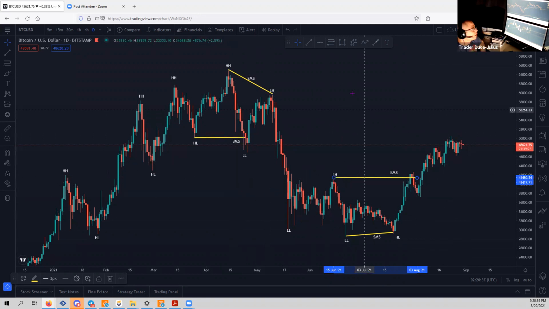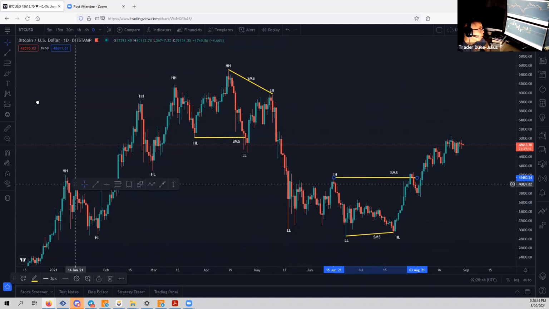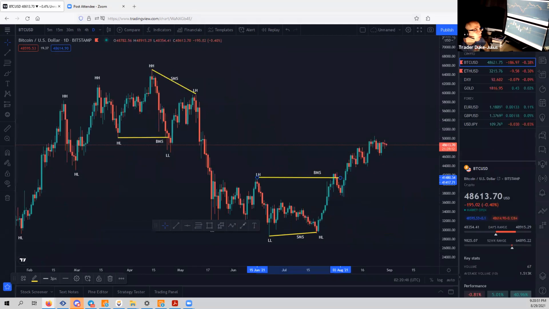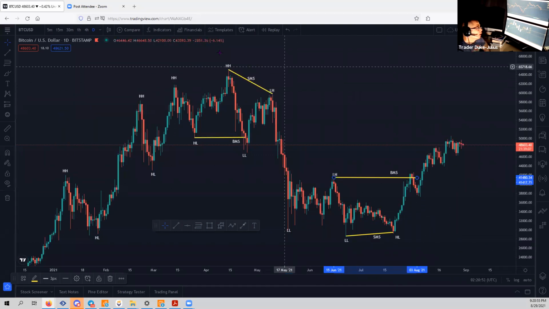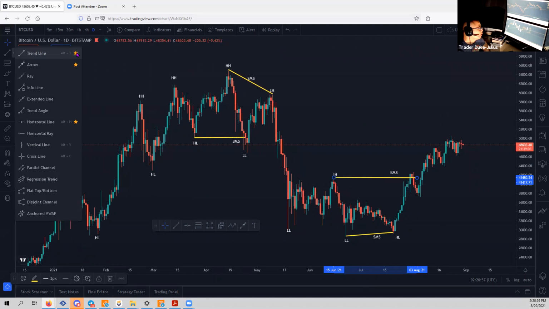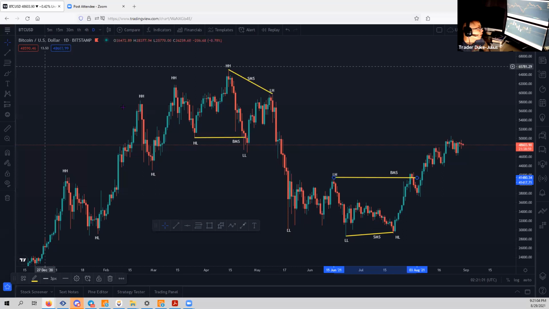So that's how you use the text, how you create your favorites. You can move this anywhere you want. I also walked you through how to create a watch list, how to use the object tree, and how to create your favorites by highlighting these little stars. And these are the ones that I use most frequently. And last but not least, what I'm going to walk you through is dropping indicators, because I use two